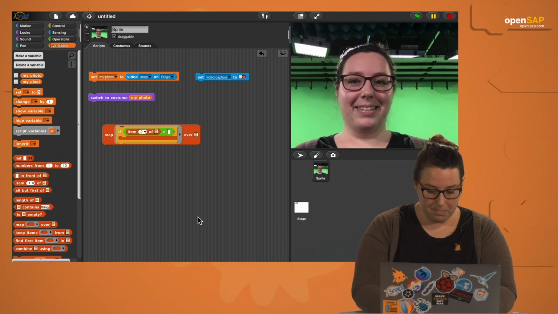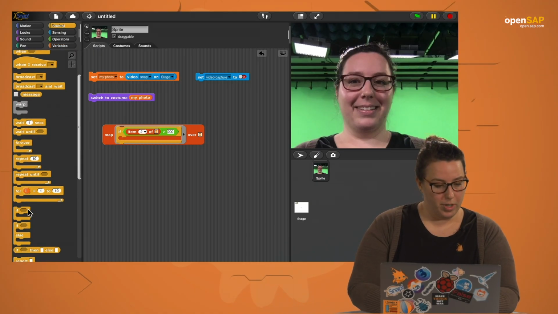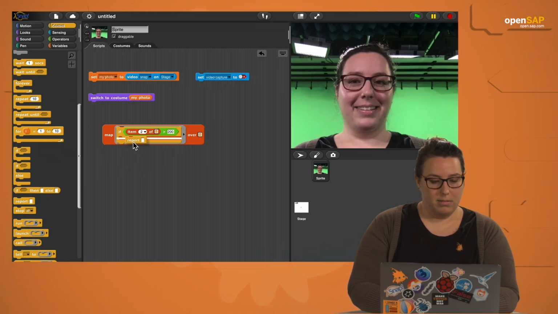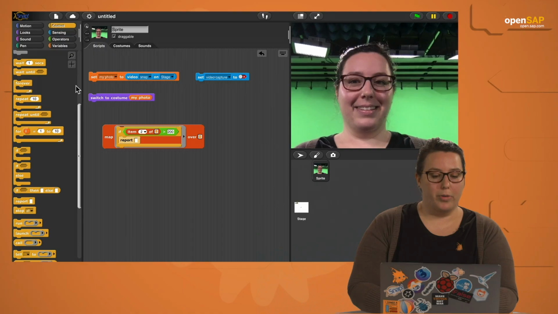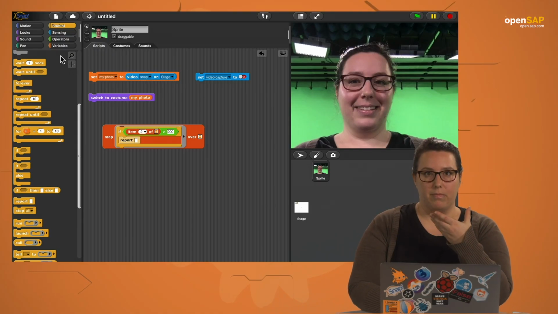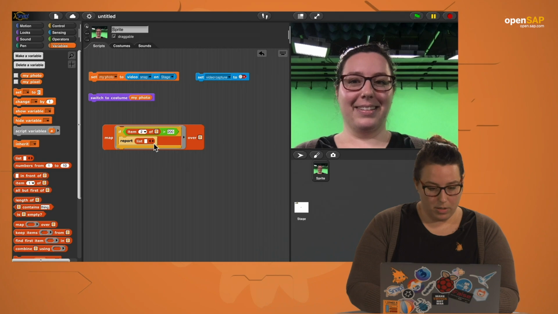Let's try 200. Then we want to report a color. Those are the very green pixels. We can make them yellow. So we want to report back a pixel that is yellow. Yellow means